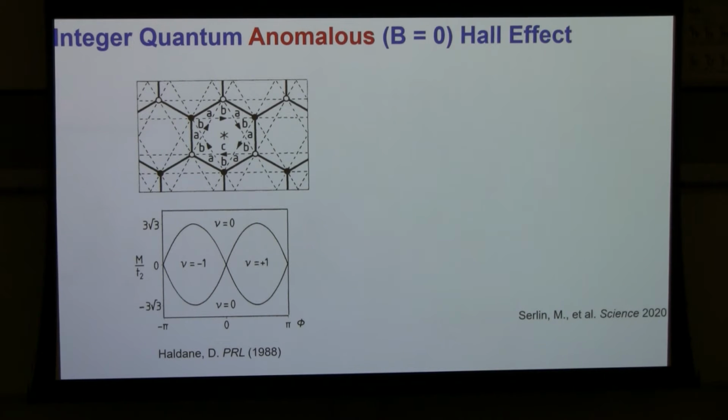So as we said, there is anomalous Hall signal due to this time-reversal symmetry breaking and the sum of the Berry curvature. And in some sense, the Haldane model is a smart way of manipulating this Berry curvature through the whole Brillouin zone and give you integer quantum anomalous Hall effect happening at zero magnetic field. Okay, you don't need magnetic field here.